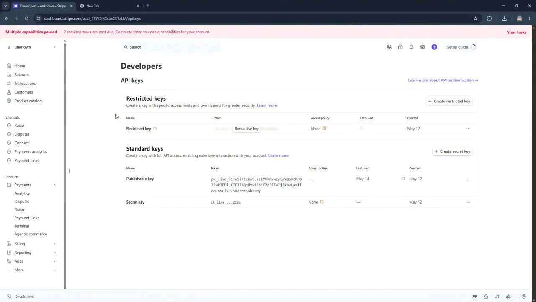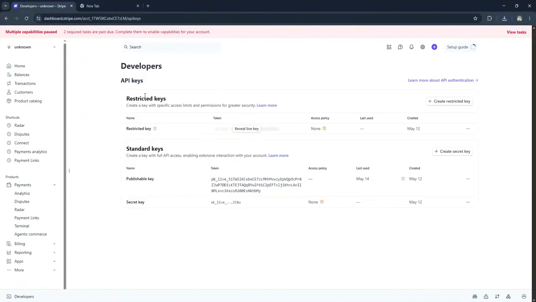Next, go to your website's backend or the platform where you manage your code. If you're using something like WordPress, there might be a plugin available for Stripe, so be sure to check that out. If you're coding manually, you'll need to integrate Stripe's library. For example, if you're using Node.js, you can install the Stripe package via npm by running the command npm install stripe. Once the library is set up, you can initialize Stripe by creating a new instance of Stripe using your